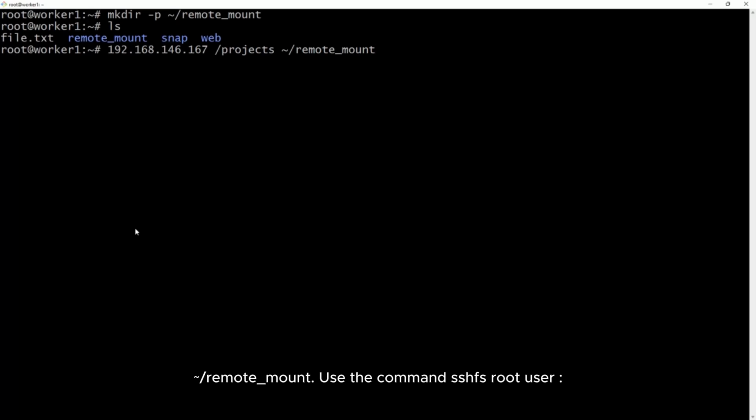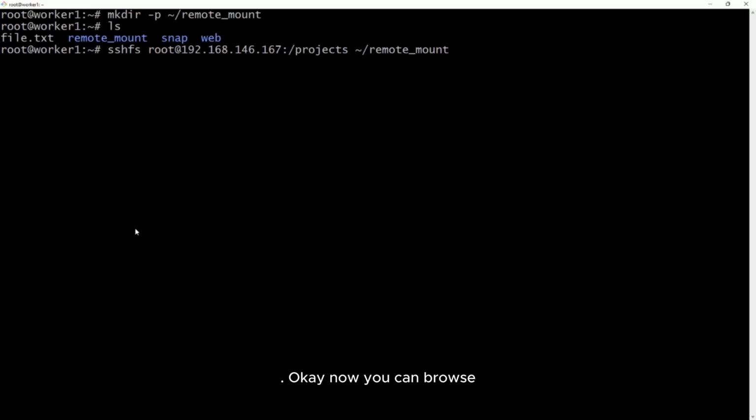Use the command sshfs root user colon, enter.